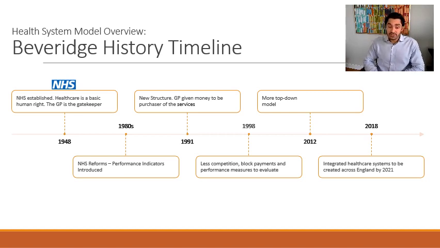In 1998, Tony Blair sought to reform the NHS. The public did not like the new structure formed in 1991 and had problems with the model, as they sought less competition. They wanted to move away from hospitals competing to sell their services to GPs to a more collaborative model. They formed 6 new oversight agencies, including the National Institute for Clinical Effectiveness, which assesses clinical and cost